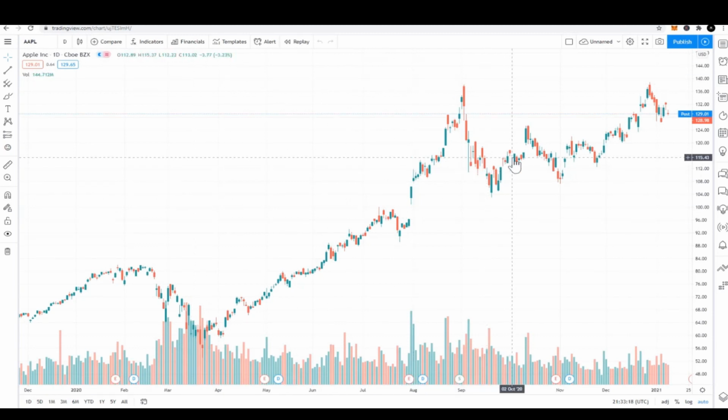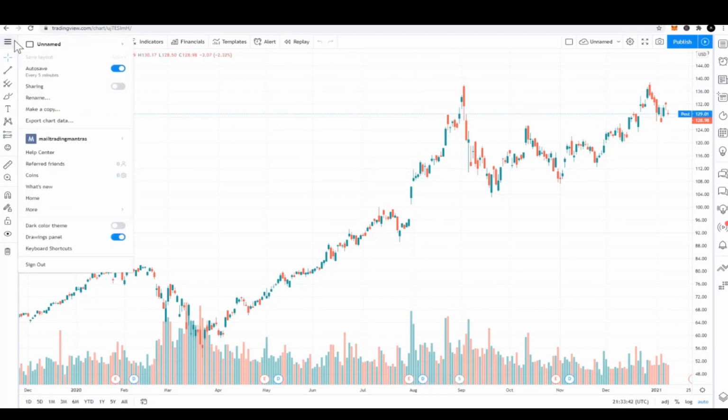I'm going to start giving you the overview of each of these icons that you see. And like I said, I will put timestamps so you can quickly access if you already know about something, forward or skip that part of the video. So let's start from the left. Here you can do some general settings.